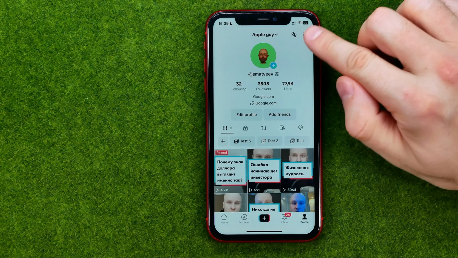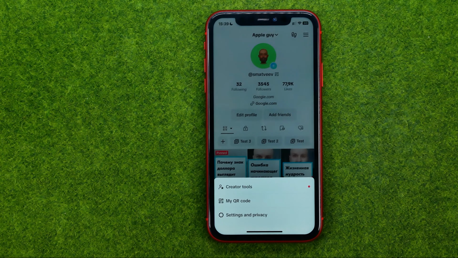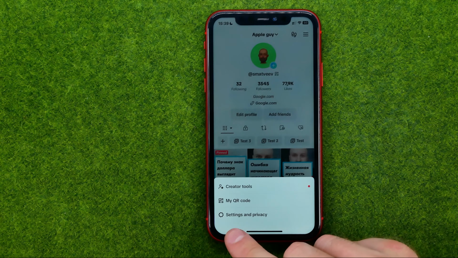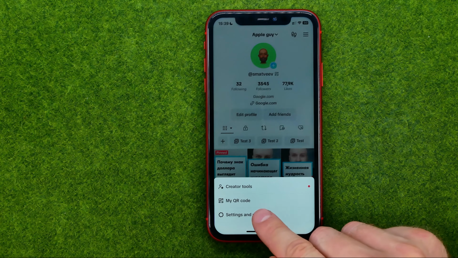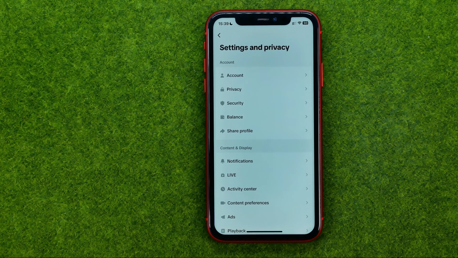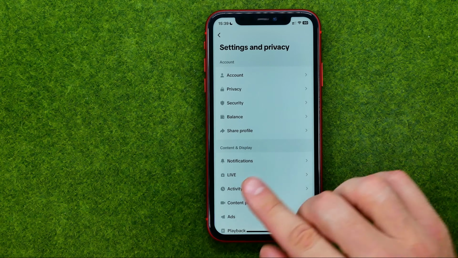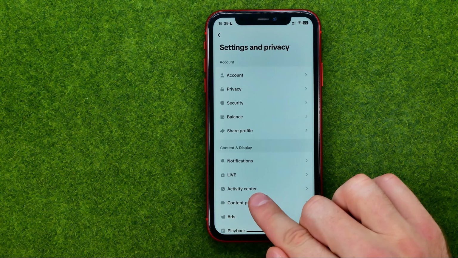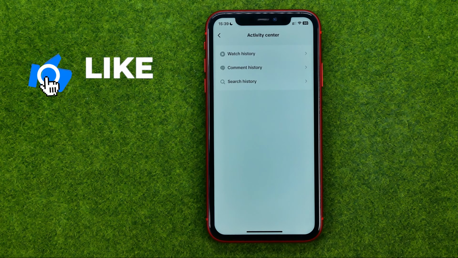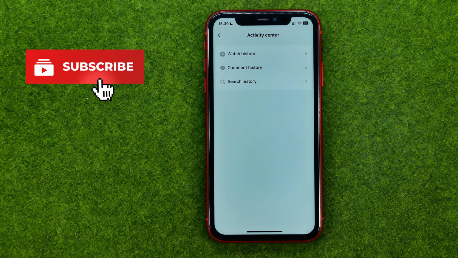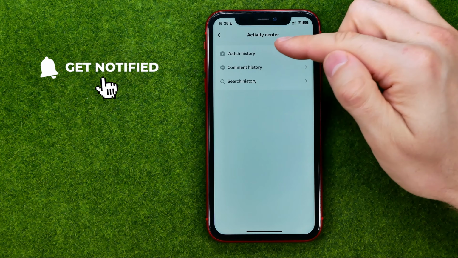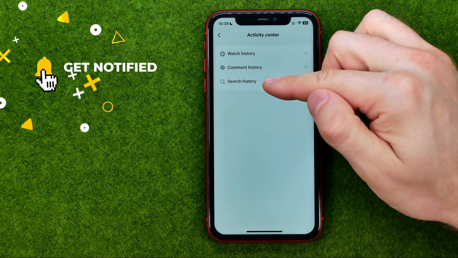So let's get started, and first off, open up the TikTok app and then go to your profile page. After that, tap right here at these three lines, then select Settings and Privacy, and that's where we can easily find Activity Center. If we get into it, we'll be able to see our watch history, comment history, and search